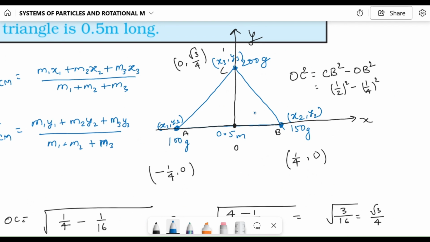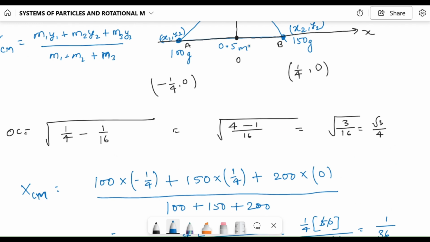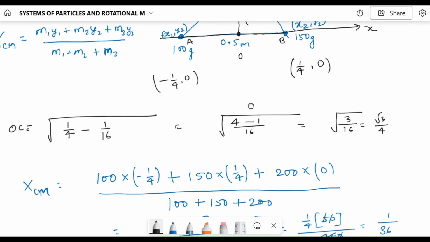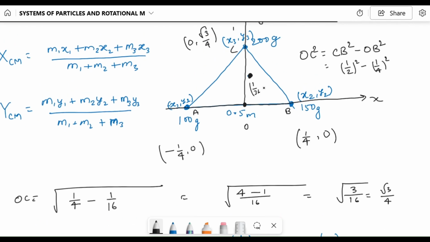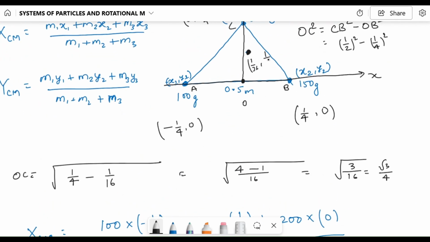So our center of mass will be somewhere near this point. Okay, let me try to indicate it. x is 1 by 36, that is very close to this y-axis, and y is 1 by 3 root 3, and this is 0 point something, so it will be somewhere here, very close to this y-axis. So this is our center of mass, and its coordinates are 1 by 36, and y will be 1 by 3 root 3. Okay. Now